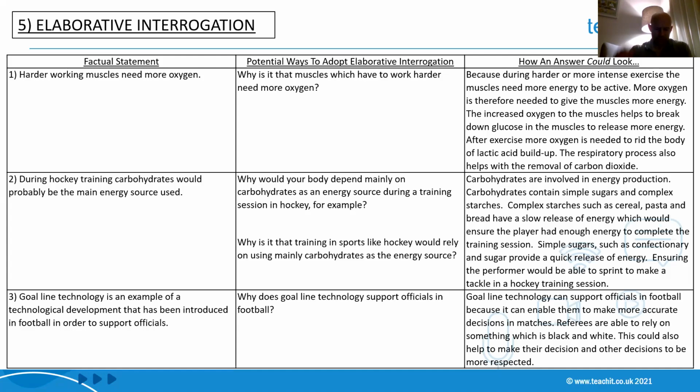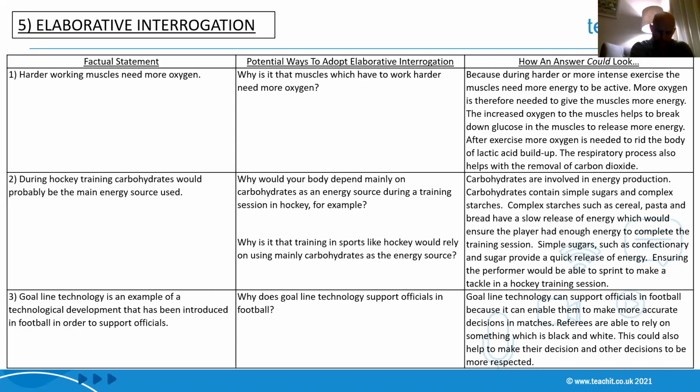The next strategy is an elaborative sort of base strategy, and of course is known as elaborative interrogation. This strategy is one which was identified as being a promising learning strategy in the 2013 Dunlosky study, and it's relatively straightforward in its use, in the sense that really you simply make a statement, as we can see in the left hand column,